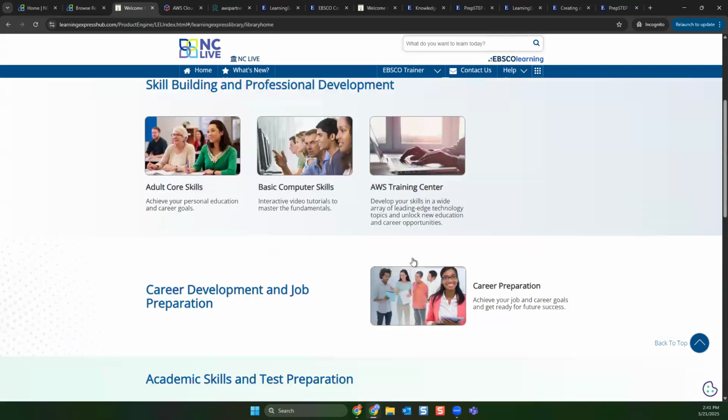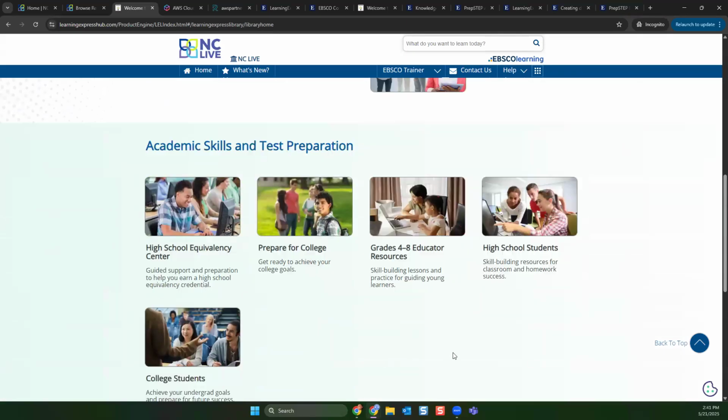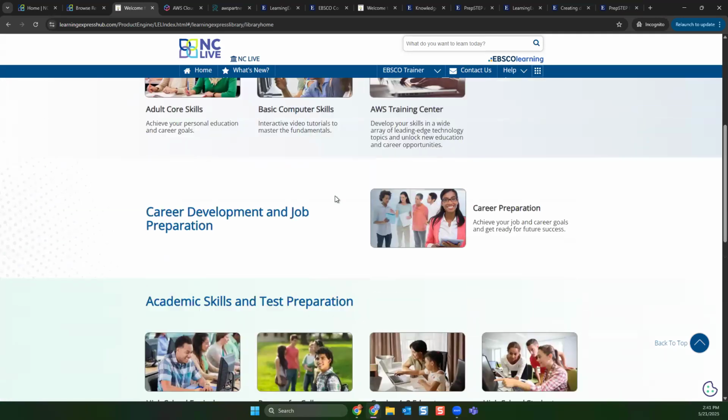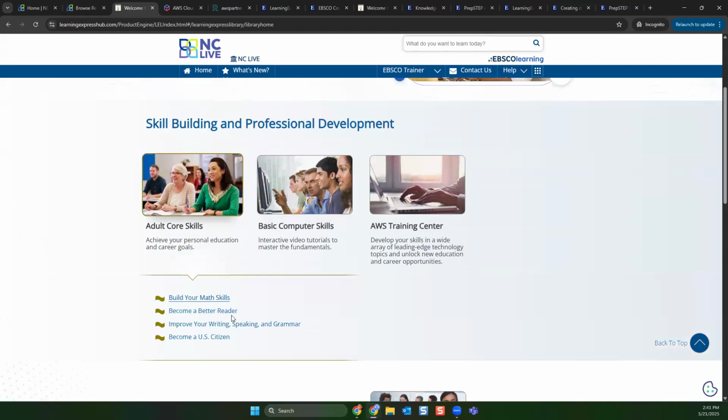And just a little history about adult core skills and Recursos. Our founder, Barry Littman, many, many years ago, started out in publishing, and I forget where he was, at McGraw, but he discovered in creating test preparation books that it didn't really matter what vocation someone chose or what career someone chose. Everyone needed a basic understanding or a basic competency in math, reading, writing, speaking, and grammar to do well in